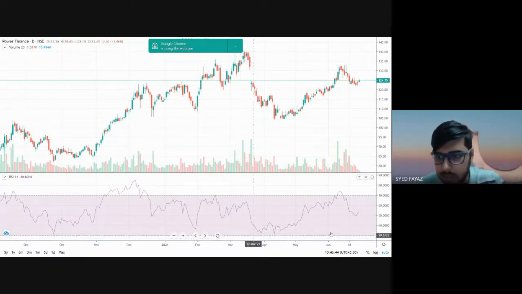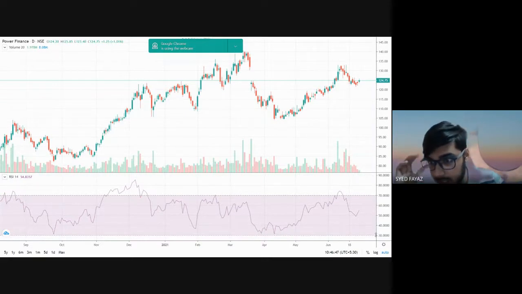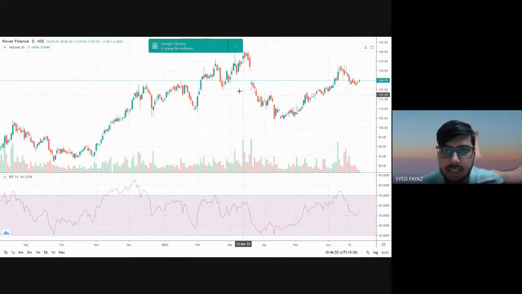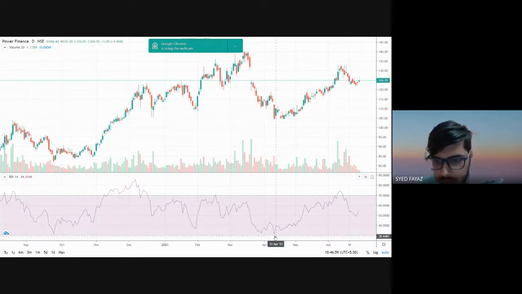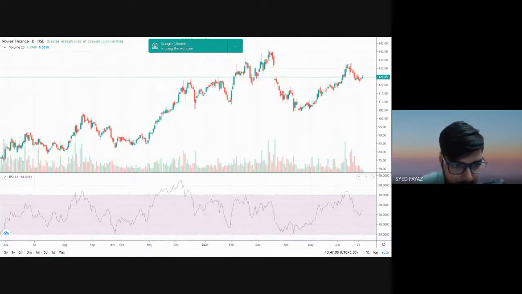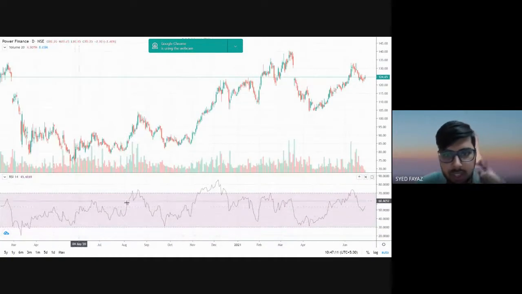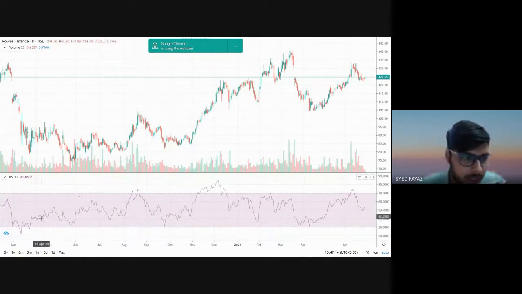Here we will be seeing a zone from 30 to 70, and as we can observe, a trader can enter whenever the stock price comes to the 30 level or comes down below the 30th level. As you can see, for the past 1 year Power Finance Corporation has only come down once to the 30th level. If the trader had entered at this level, he would have had to wait a long time to reach the 70th level.